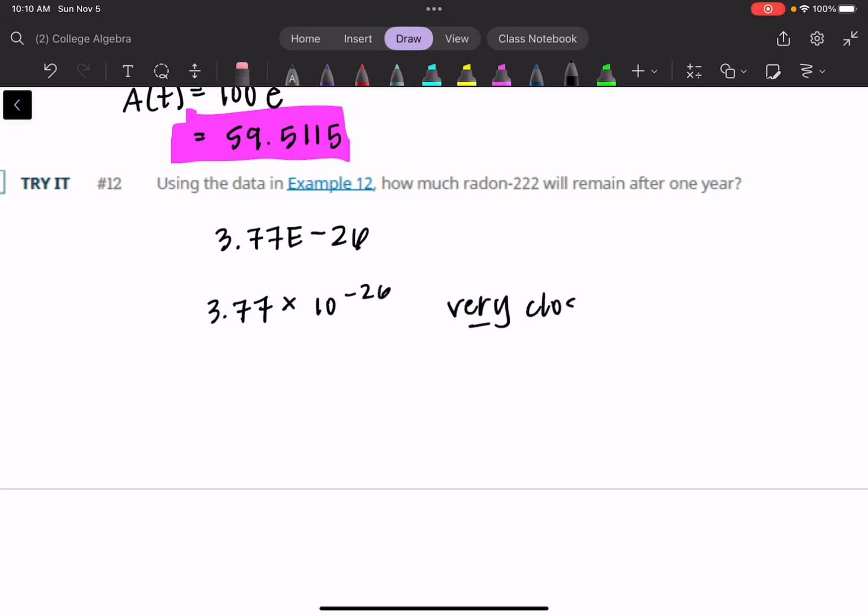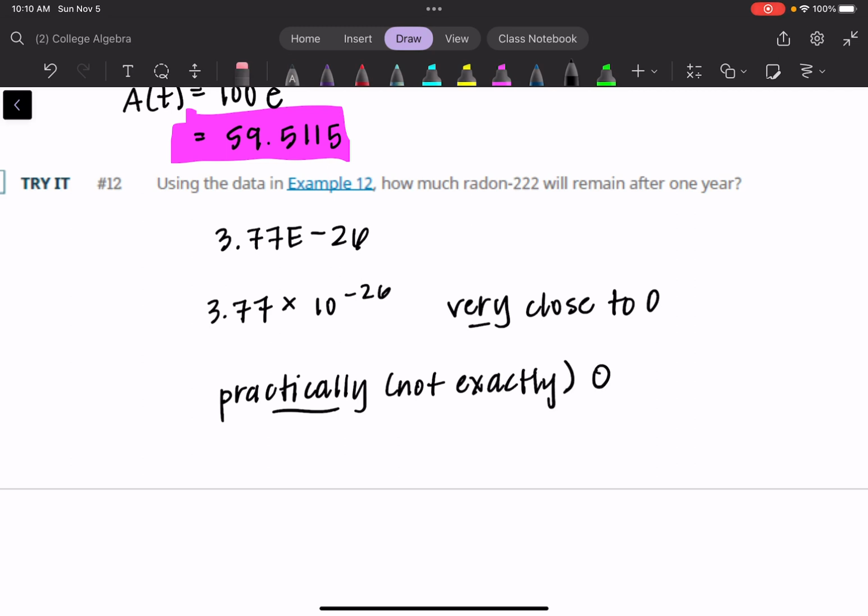Very close to zero. So of course with the exponential, because there is that horizontal asymptote at zero, we never actually get there. But for this application, for all practical purposes, it is practically, not exactly, but practically a value of zero. And so that's important to understand. Y'all should understand what this number means and what this calculator input means. And so, that being said, that is all for 6.1. Be prepared to work some problems in class on Monday. So I hope this was